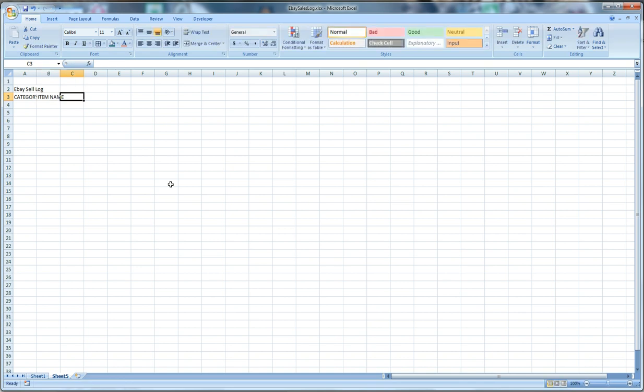Third will be date purchased. Next one will be location purchased, like where you got it. And don't worry if all this stuff overlaps itself, we're going to fix that in just a second. Then our price that we paid, any sales tax that we paid on it, and then the date that it was sold, sale price, sales tax, if you do